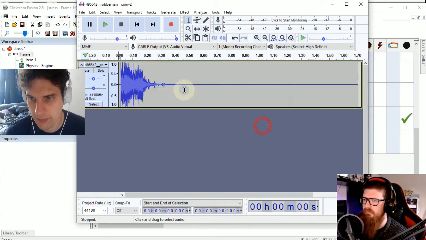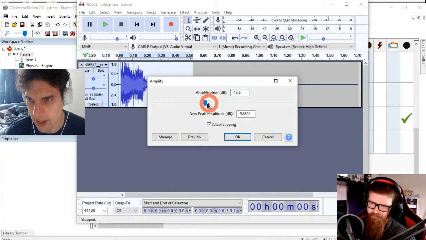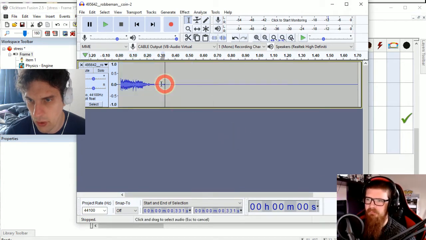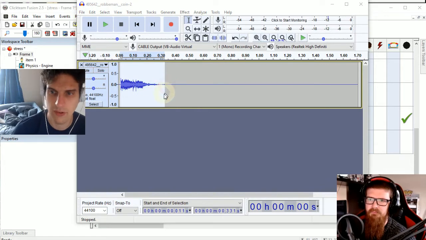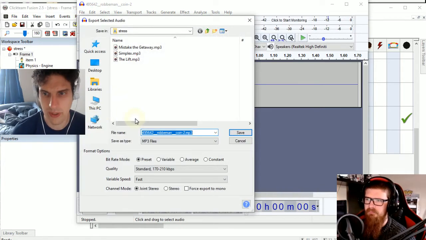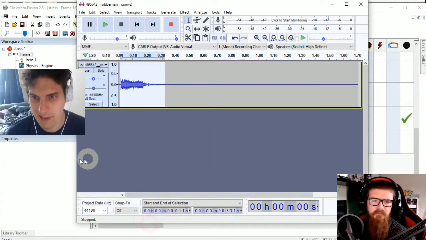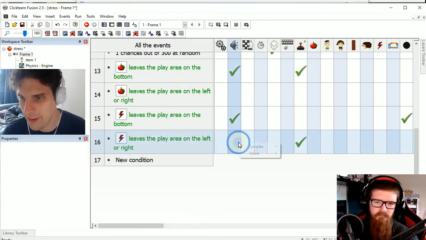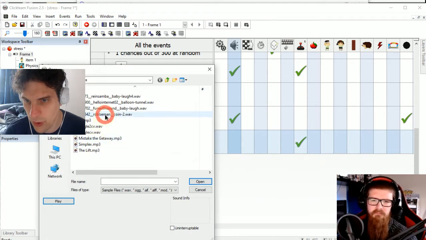And so what we're going to do, with my sound device again, I'm just going to change the volume of this. It's very loud. The height of the lines is how loud it is, hence why you want the lines to be low down. So let's make it a bit quieter. And we will just export that selected bit. So this is going to be coin CV. I can only call it CV because it presses enter as soon as I press that button. Okay, so let's see if it will save it now. And let's have a listen to coin. Oh no, CV it's called.